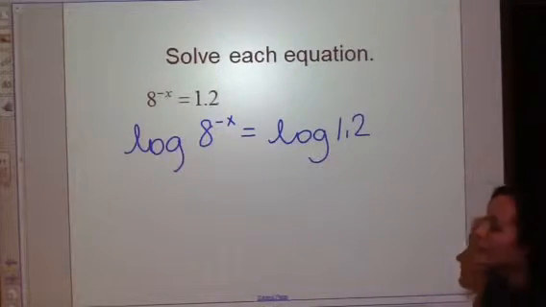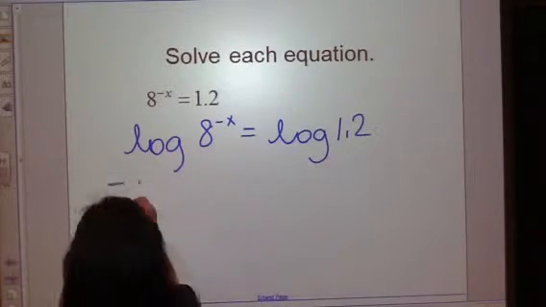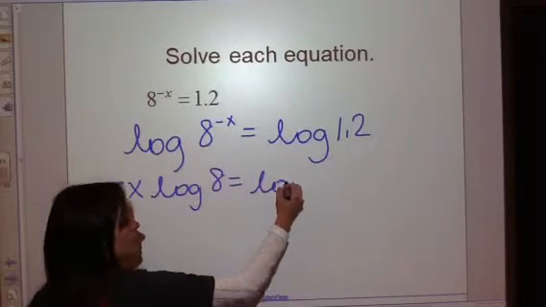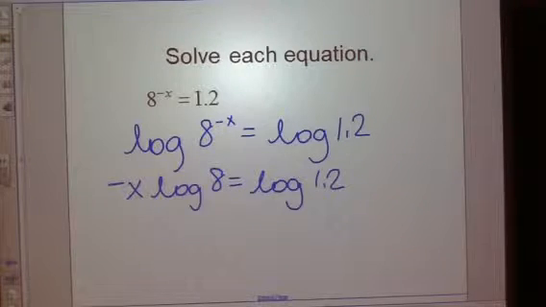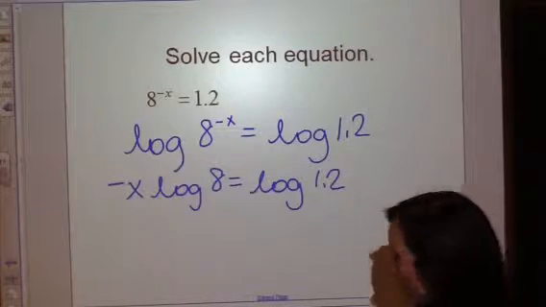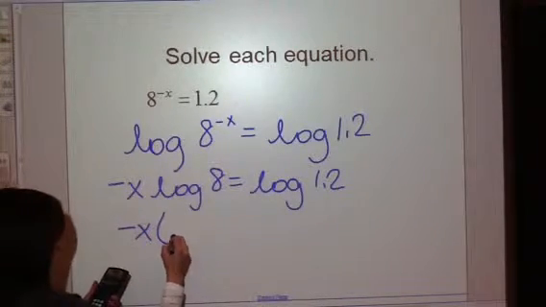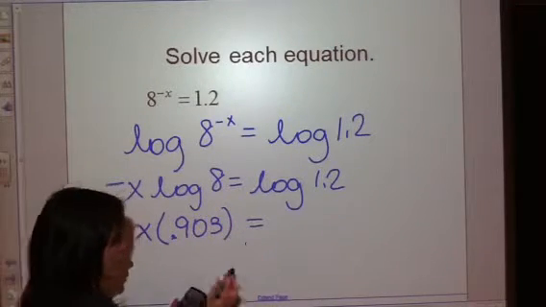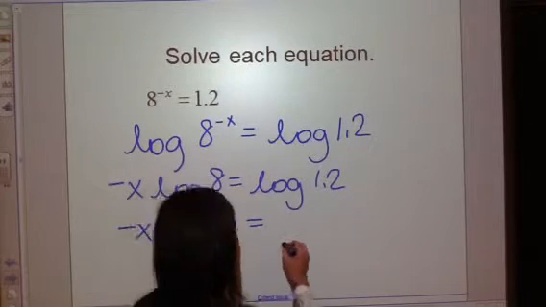What we do from here is we move that exponent in front. So negative x log 8 equals log 1.2. So what is log of 8 and what is log of 1.2? Well, if you type log of 8 into your calculator, you get 0.903. That's 3 decimal places. If I do log of 1.2,